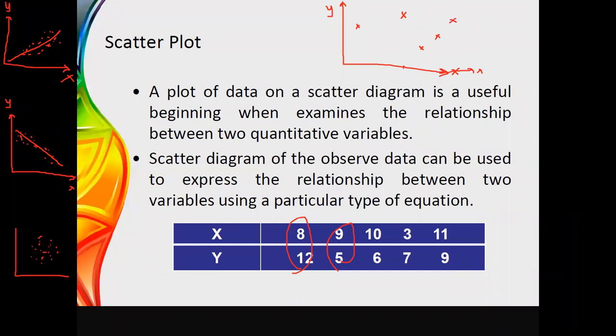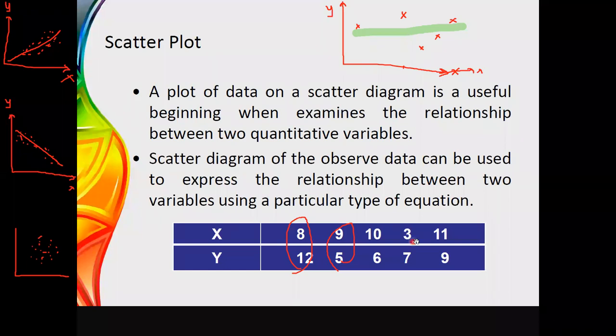Now if you try to match these lines, you may get somewhat of a linear trend in this form. Therefore, this is the line that we can consider for this set of data. It is quite like a constant value. We cannot exactly say it is a constant, but it is somewhat parallel to the x-axis, though not exactly parallel. Therefore, using these scatter plots, you can identify the relationship of this set of data.